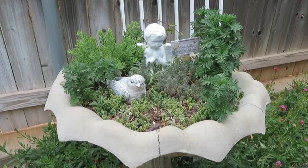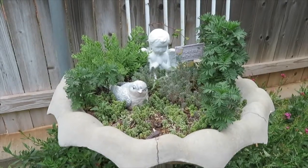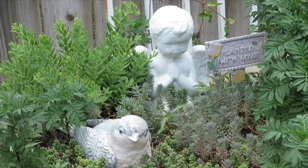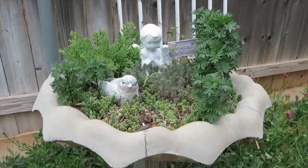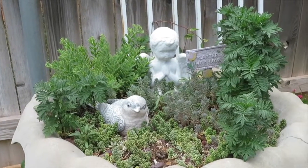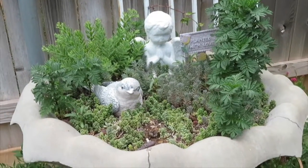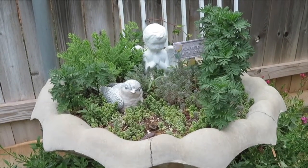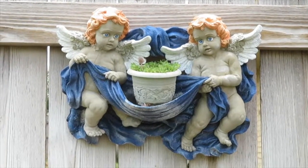And this little pot, I got this idea from one of my neighbors, Barbara, down the road, and she put a little cherub angel similar to this one in her little bird bath, and it was so eye-catching that we just had to do the same. So I hope being a copycat of somebody else is flattering. They say it's the highest form of flattery if somebody likes it so much that they copy it. These little cherubs are carrying a pot of sedum